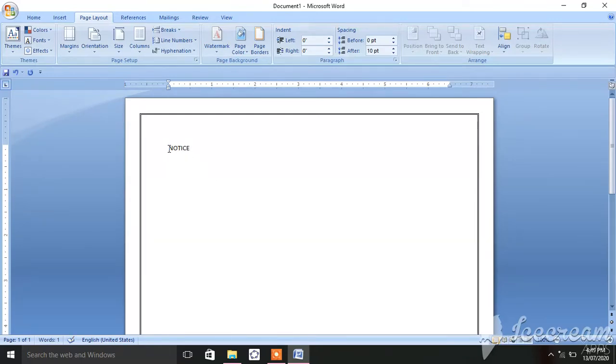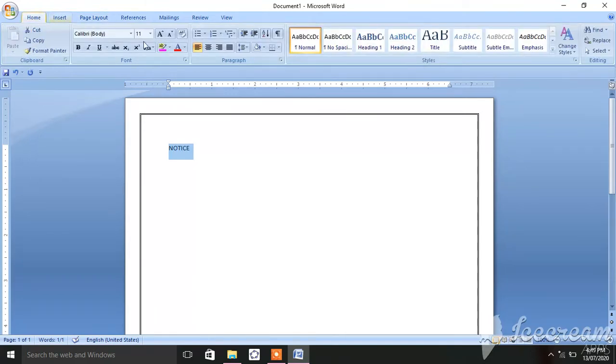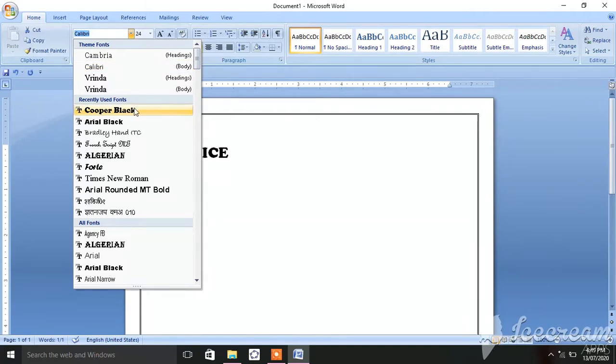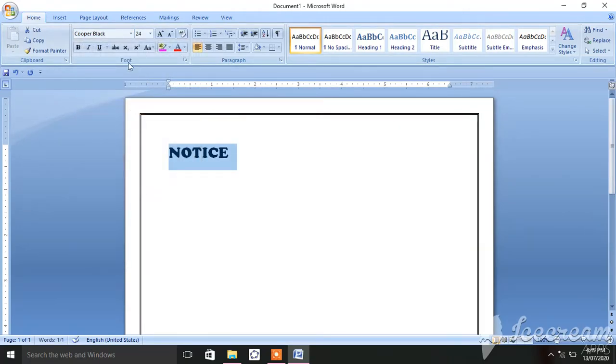To make this text bold, select the text. Go to Home. Here you can increase the font size. This is the font. You can change the font type also. B is used to make the font bold. I is used to make the font italic.